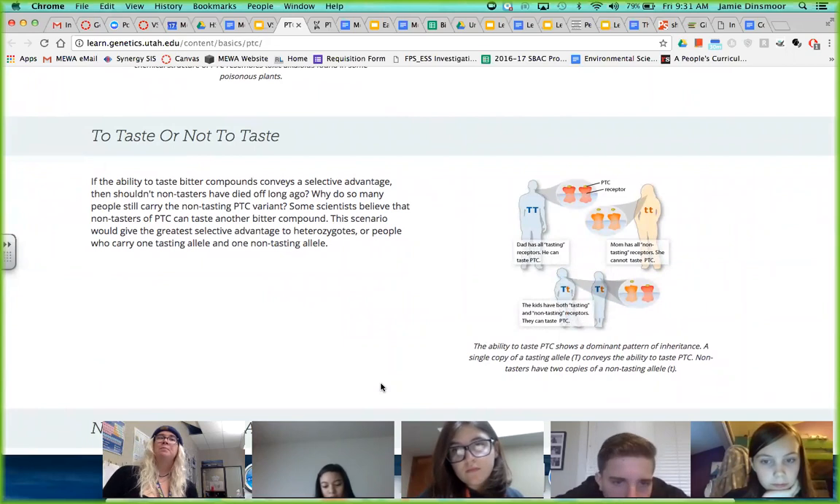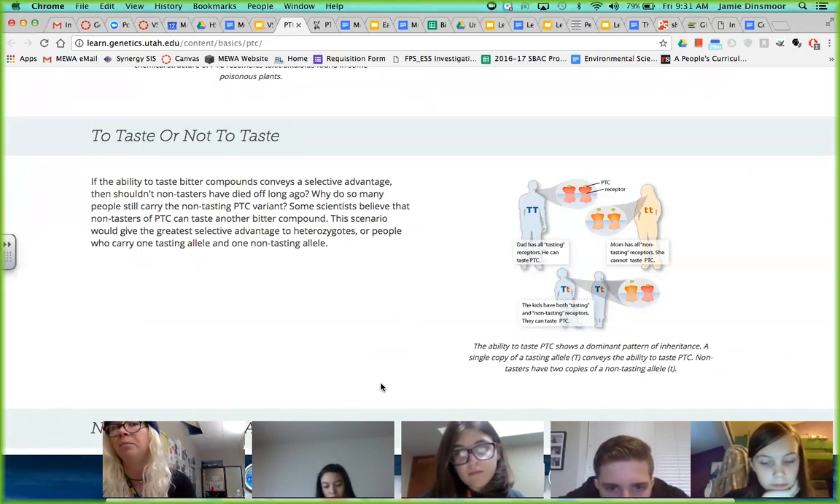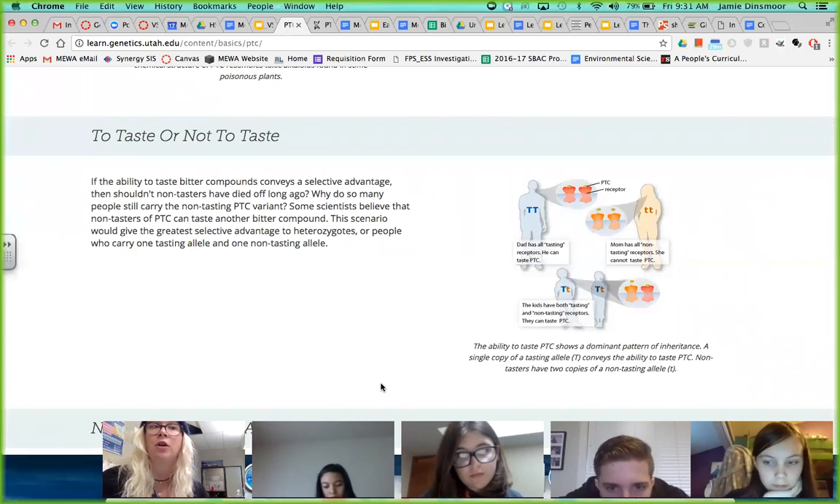So if the ability to taste bitter compounds conveys a selective advantage, i.e. you're going to survive because you're not eating poisonous stuff, then shouldn't non-tasters have died off long ago? Why do so many people still carry the non-tasting PTC variant? Some scientists believe that non-tasters of PTC can taste another bitter compound. This scenario would give the greatest selective advantage to heterozygotes, or people who carry one tasting allele and one non-tasting